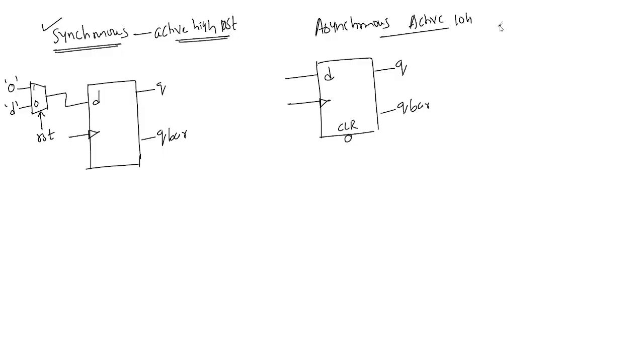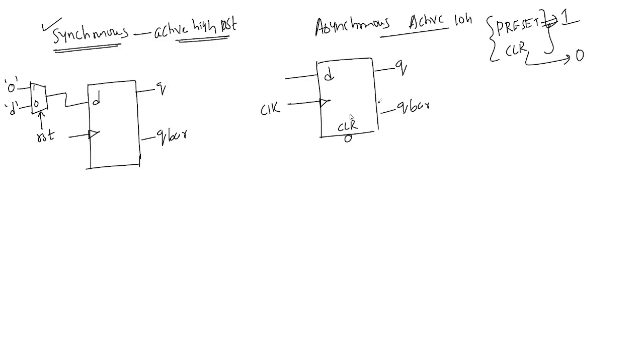Mostly in digital, you have preset and clear. These are nothing but asynchronous inputs. So when preset is activated, irrespective of input and clock, it will force the output to 1. Clear is nothing but, when it is activated, irrespective of input and clock, it will force the output